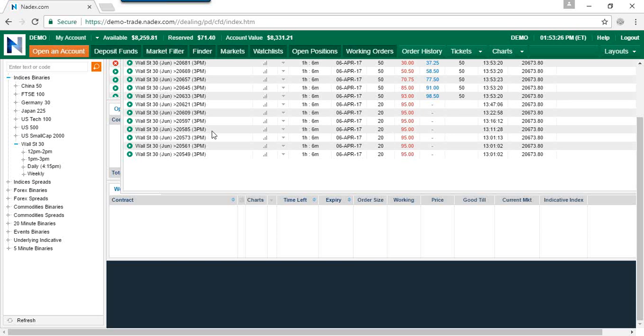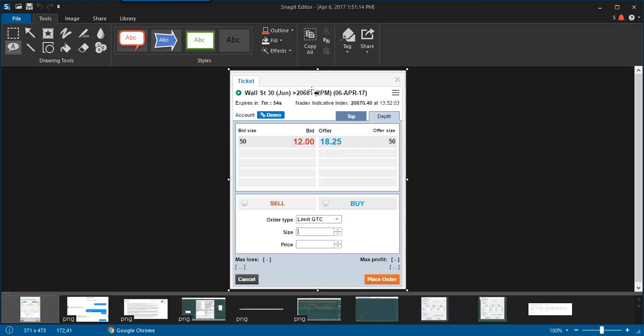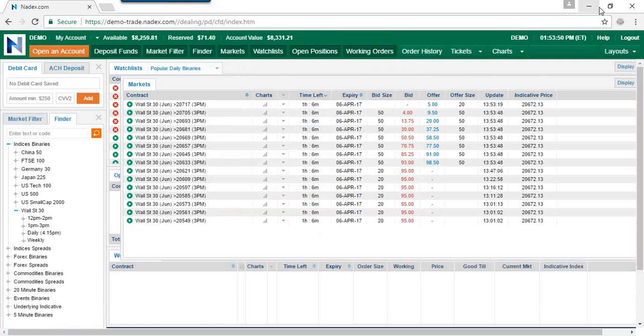Okay. What about the 3 p.m. expirations? What do we have? Oh, look at that. 20,681. Isn't that the same exact strike price as this right here? 20,681. But this one's priced at $18 with 7 minutes to go. The exact same strike,